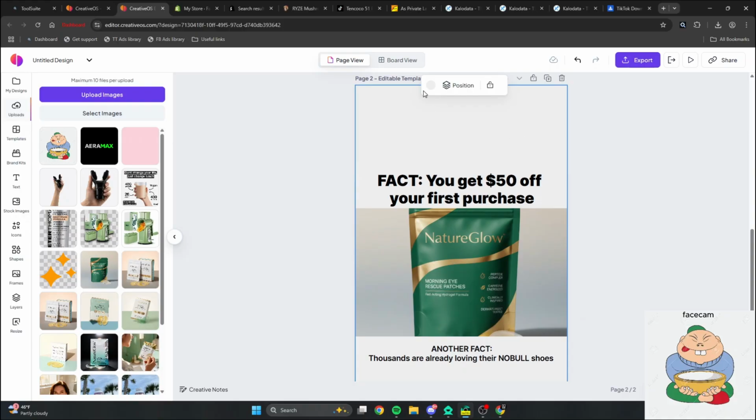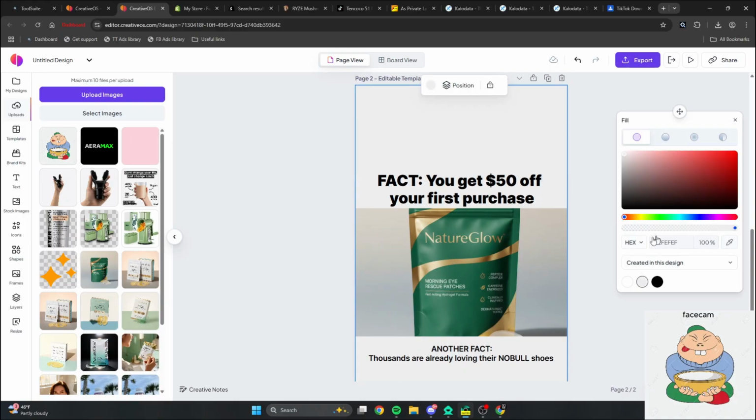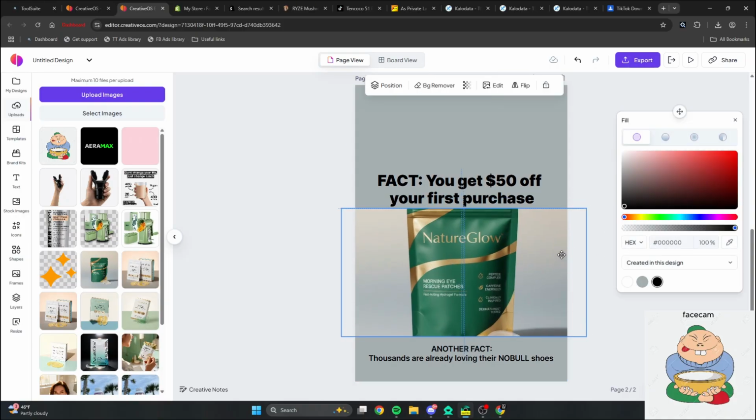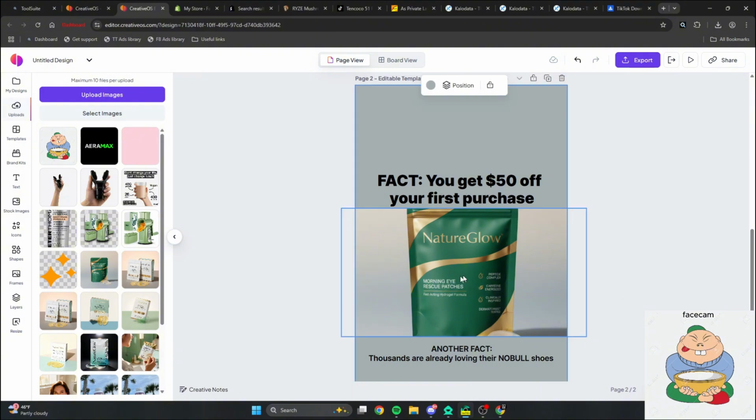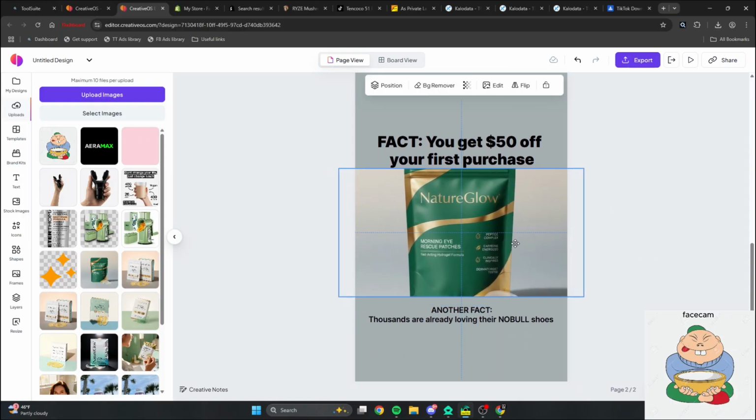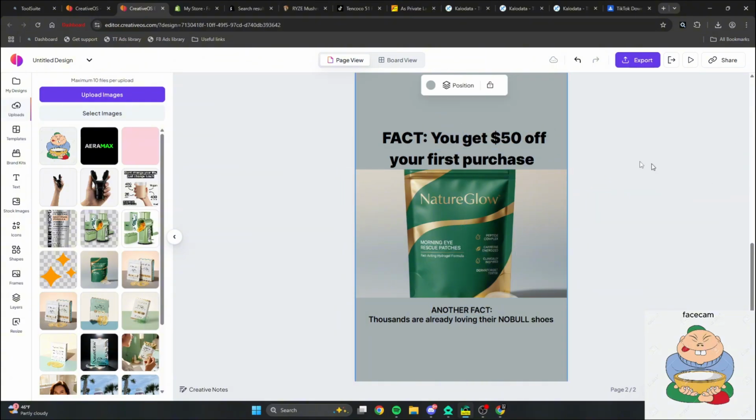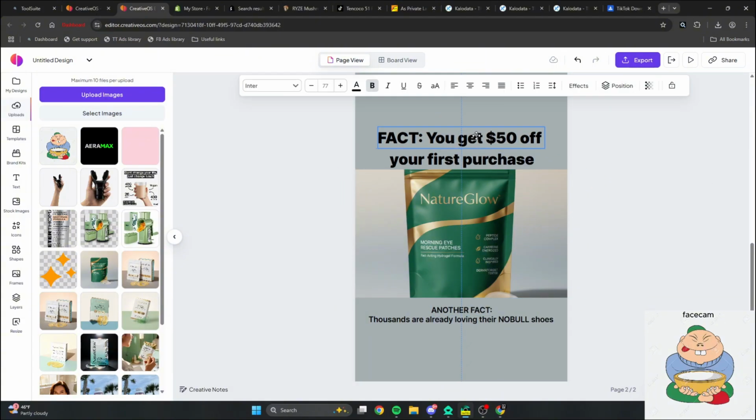Make sure with the whole thing, you're copying the whole feel of the ad, right? Obviously, it's not going to be perfect. Generally, you're going to want to take this to a remove background tool, but right now, let's say this is a clear background and it matches it right here, right? So to make this bottom funnel ad, I'm going to have, oh, you get 50% off your first purchase. This is a good offer. Just make this whatever you offer, right?